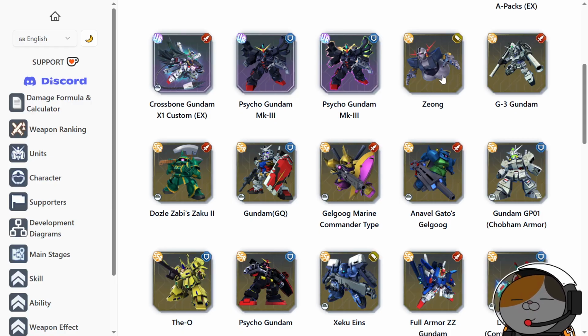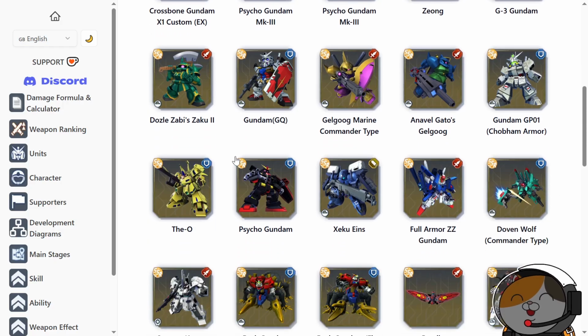So it's okay to use, but not the best if you do want to upgrade to maximum. So just level 60 him is enough. G3 Gundam, one of the strong physical range damage dealers. And then